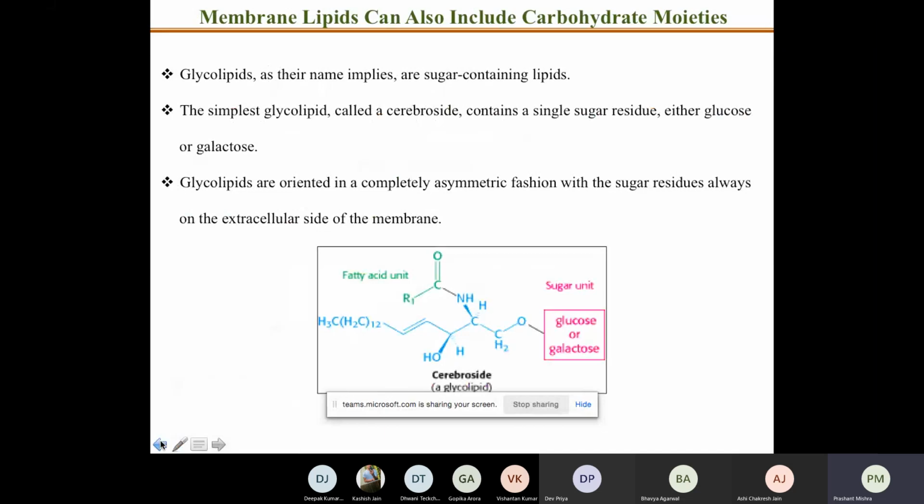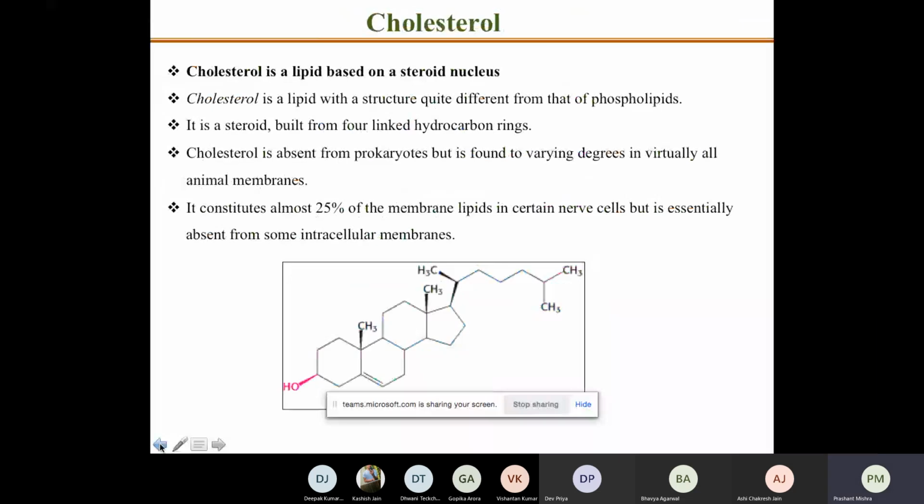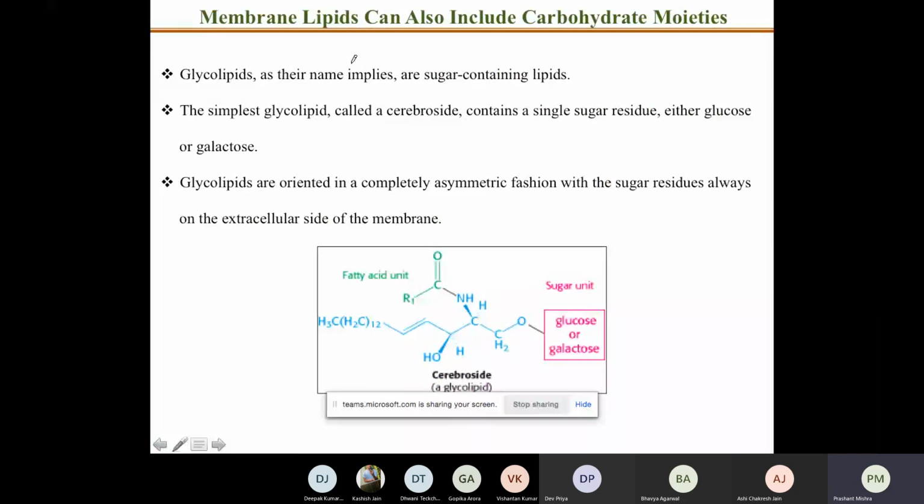So when I'm talking about the glycolipid, glyco refers to the sugar unit, and this is what has been towards the nomenclature of a glycolipid. So it contains sugar, and one of the simplest glycolipids, where a sugar structure is attached to the whole lipid structure, is a cerebroside. No need to go into detail of these structures, because right now I'm explaining that if I have a fatty acid chain, and a glucose unit or galactose unit is attached to this, we call them